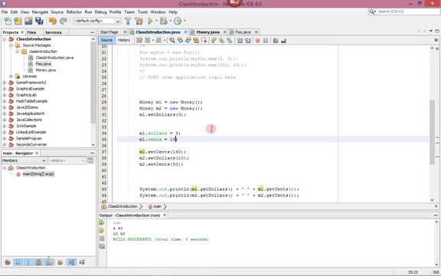Here I only have 2 places, but imagine I've got a giant program with thousands of lines of code, and I've got hundreds of places where I reference dollars and cents throughout